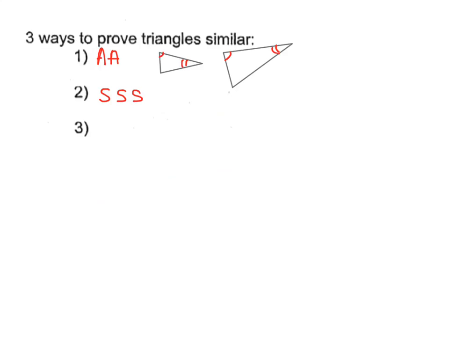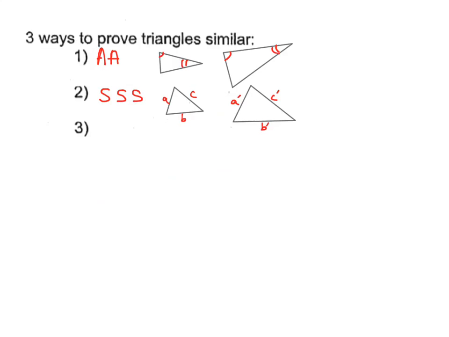Now these two are less popular compared to number one, but we're gonna talk about them here. The SSS postulate basically means that when you have two triangles, their sides are in proportion, all three pairs of them. So if I have one triangle here and another one, let me call this side A, B, C, and the second triangle I'm going to call A prime, B prime, and then